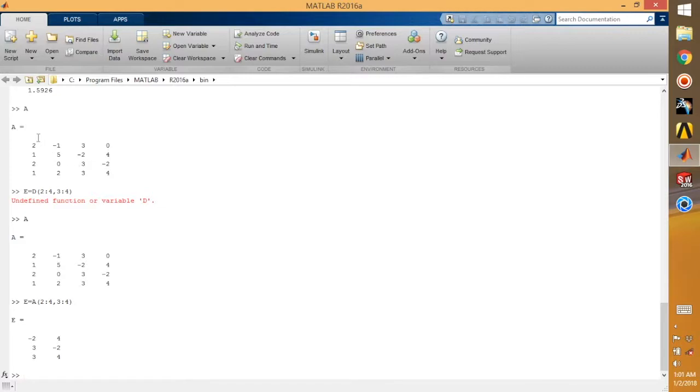So this is the first column, this is the second column, third and fourth. This is the first row, second row, third row and fourth row. So I have set second row up to fourth. So this is my second row up to fourth, right? Similarly, third row,